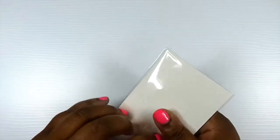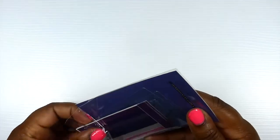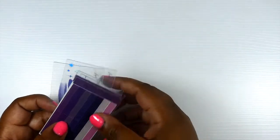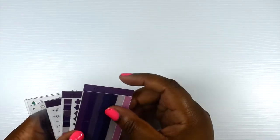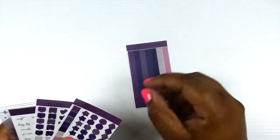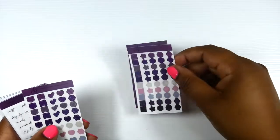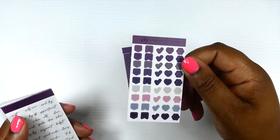Next item up are the transparent stickers and cards. Y'all, I am not the biggest fan of purple. I'll be the first to admit it, but this kit has me looking kind of crazy. So let's go through our transparent stickers first. We have the transparent bar stickers, the shape stickers. This is shape stickers 1, shape stickers 2,